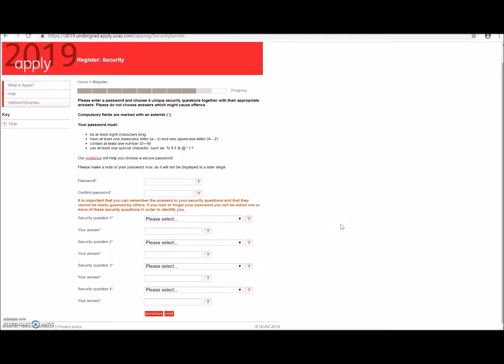We're now on a really important page where often people get a bit confused or stuck. You need to be putting in a password here. It needs to be 8 characters long, at least 1 lowercase and 1 uppercase, that's a capital letter. Contain at least 1 number, and also use a special character, and it gives some examples there. So you need to put that password in twice, and please